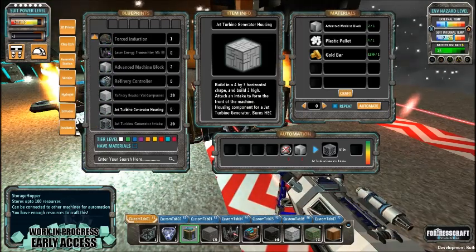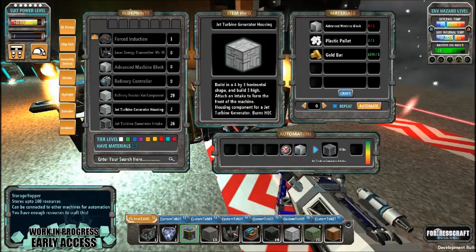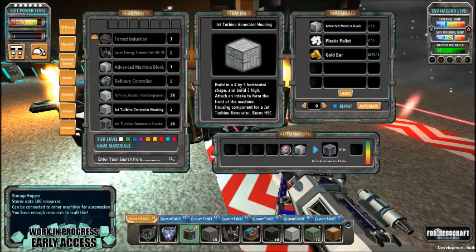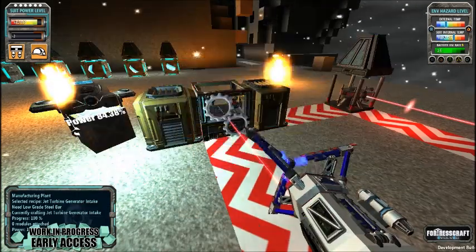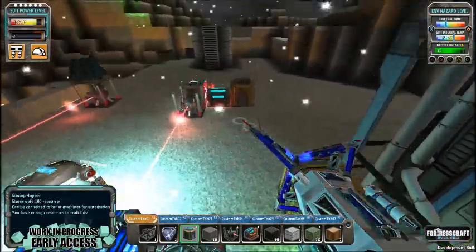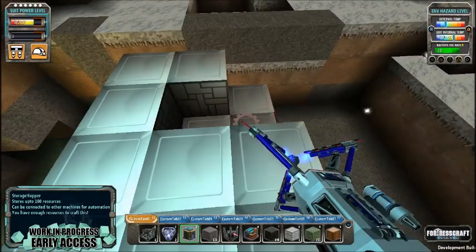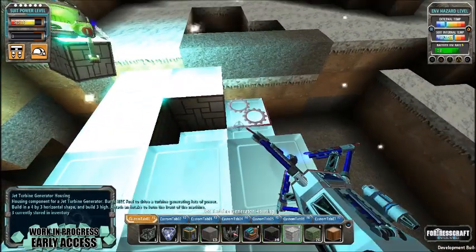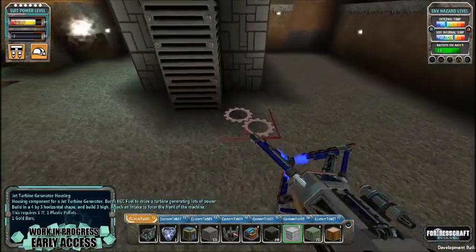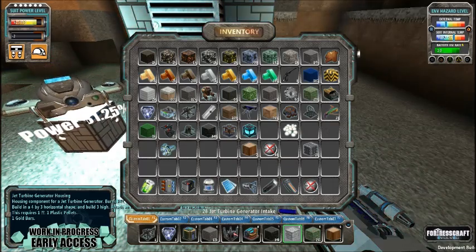Jet turbine. So I needed 3 advanced machine blocks, craft, jet turbine, and craft. So now we've got all the blocks. I presume it's not going to go in because I don't think I have built it right. So we got the back built. Now I'm going to guess that I haven't got the front done correctly, so we're going to take these